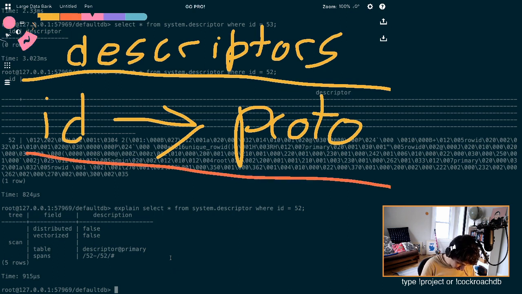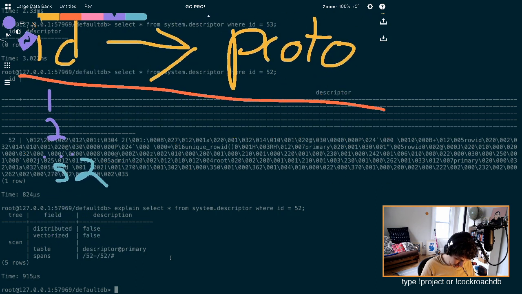We have 52. We have other things too, by the way. So we have like 1, 2, ... And then down here, we've got 53 or 50, what is it? 52. And then we've got some more dots as well. All this stuff. Point is, it's very good because when I do this query, select star from system.descriptor where ID